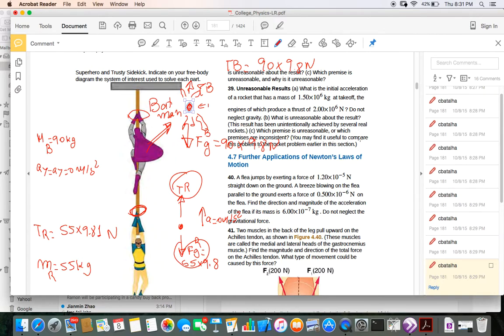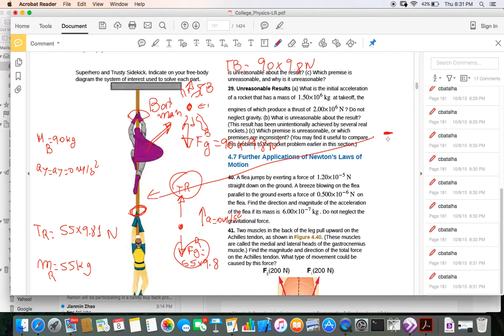Now if you do the cord, it is a different situation. If you do the cord at this point right here, take a piece of cord. What happened? The cord is being pulled down by Mr. Robin. So the tension on the cord right here is TR. The tension in the cord right here is TR. Now, if you go to the cord up here, this tension is withstanding Mr. Batman,